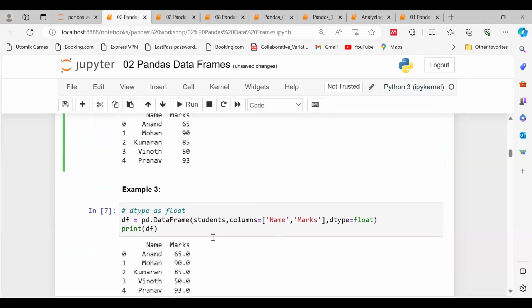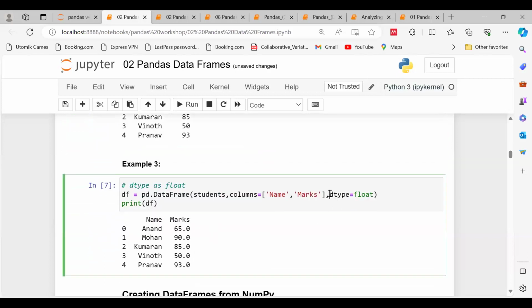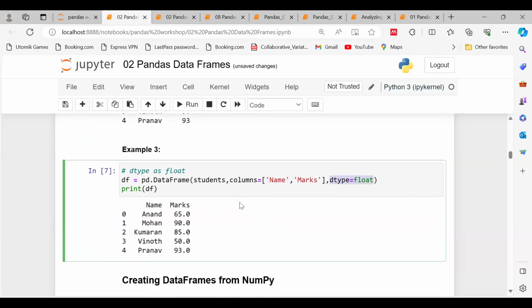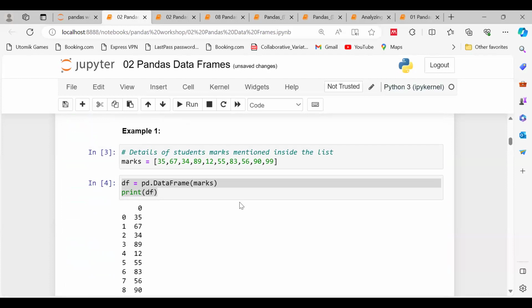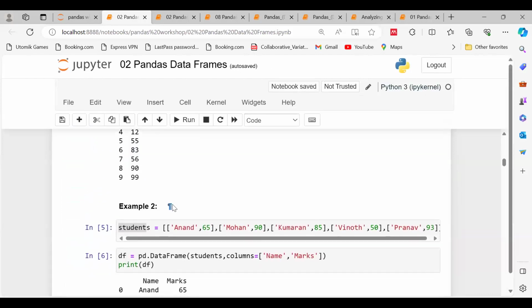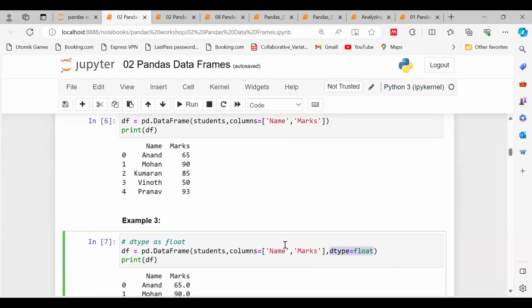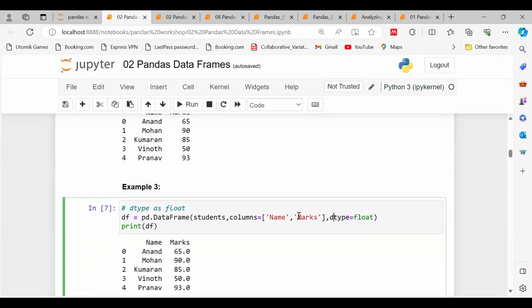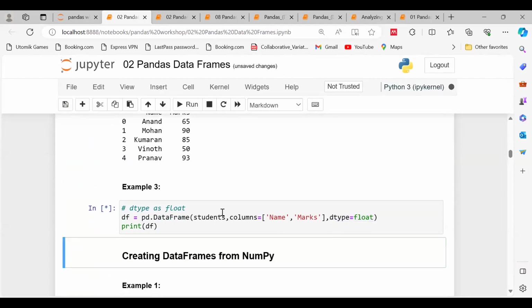Similarly, we can also define the data type here. We are adding one attribute at a time so that we are able to distinguish it. So we are using the simple list to define the data frame. After that, we add the column name. After that, we add the data type also. So when we run this one,